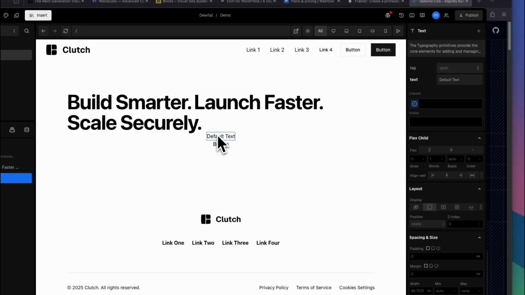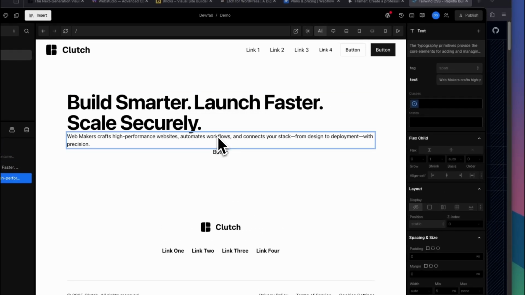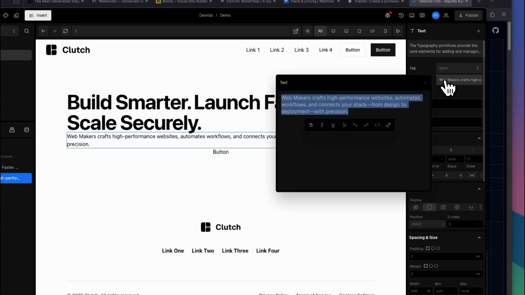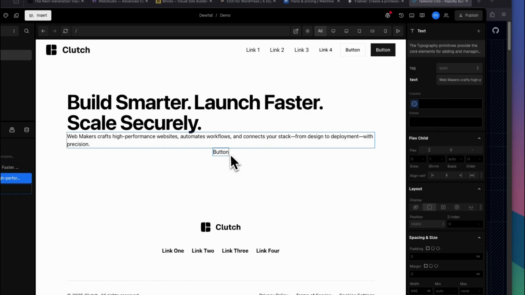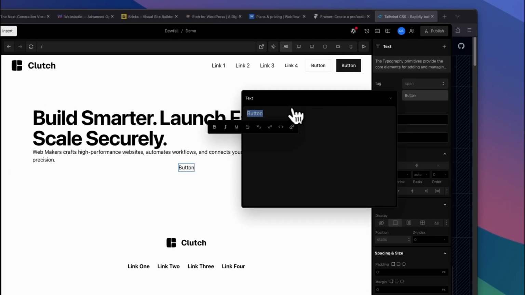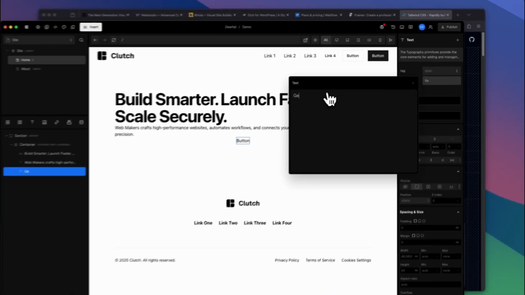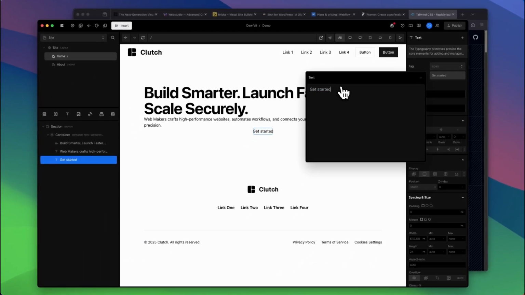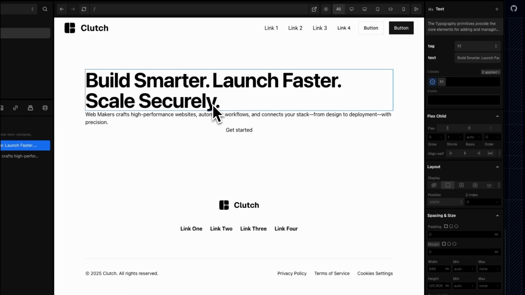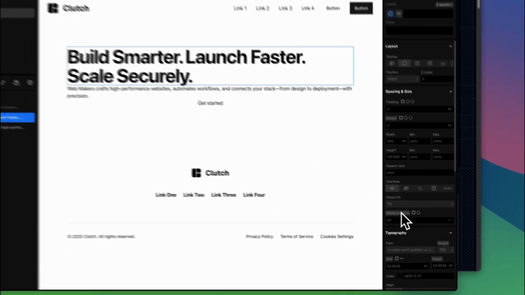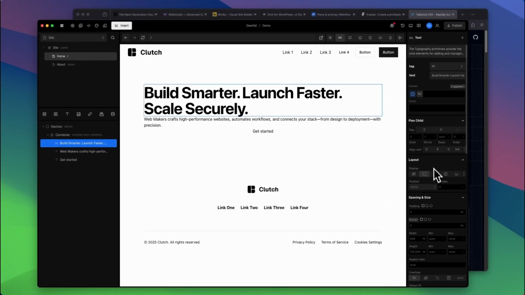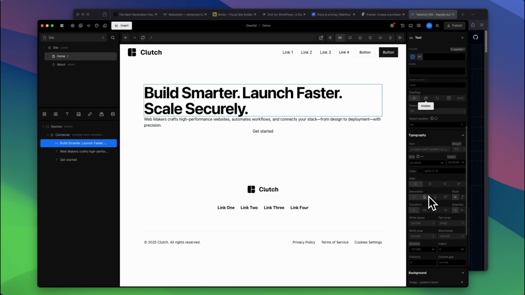Now you can double click and add your text, but you can also click on the element here, the top right, and that gives you more room to edit your text. Now on the button, I'm going to use that and say get started. Alright, so our text is not centered, so